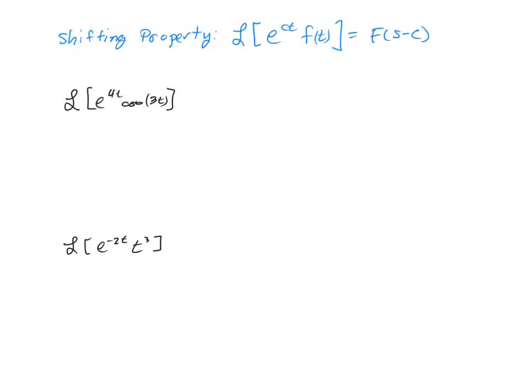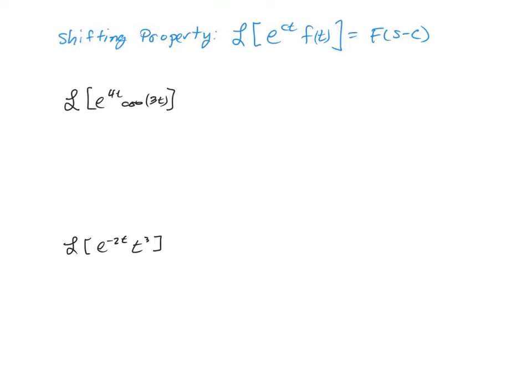For these two examples, we're going to use the shifting property for exponential functions. And the key to this process is to understand the Laplace transform of the original function versus that of the exponential function. So for our first example, e to the 4t times the cosine of 3t, you really have to identify the cosine's Laplace transform first, and then just shift that by s minus 4, which is the c number